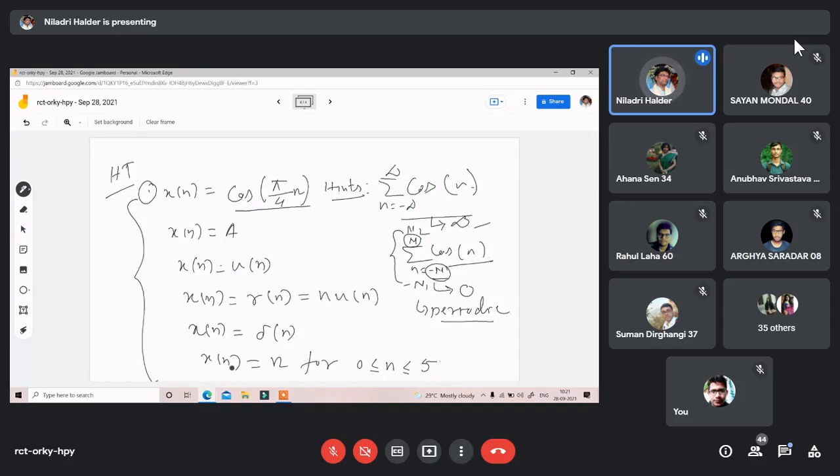These two portions are going to be used here to calculate whether it is an energy or power signal. Just keep this in mind and try that type of example. It will be more clear whether this is energy or power. Okay, clear? Or any question? Is that clear? Okay.